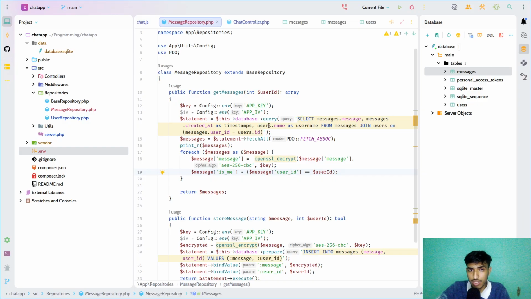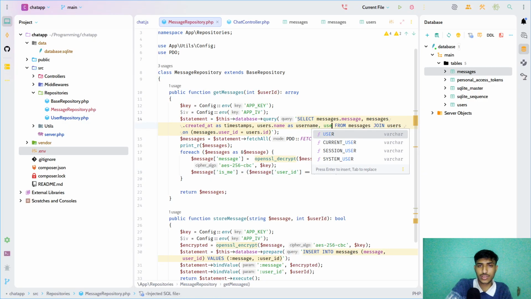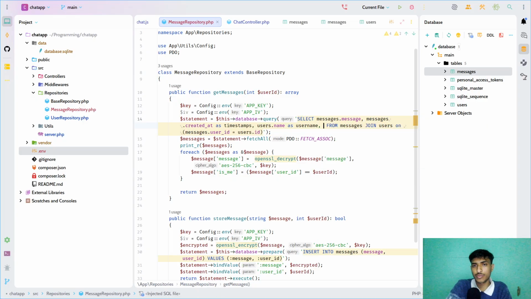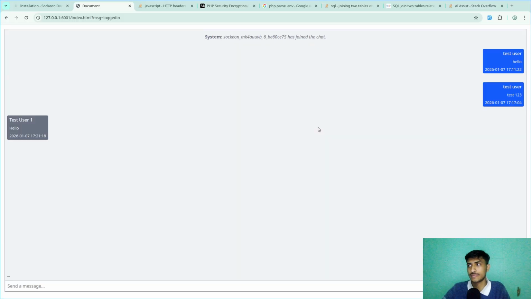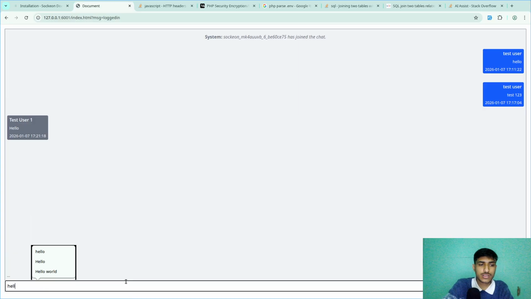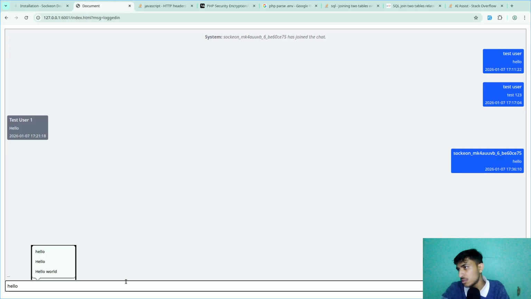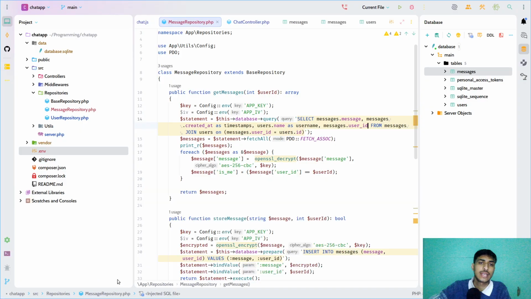And we need users dot, so messages dot user id. So it was working properly. My fault. So we have the messages here. If I send something like this, it will now not show the Sockeon. It should show